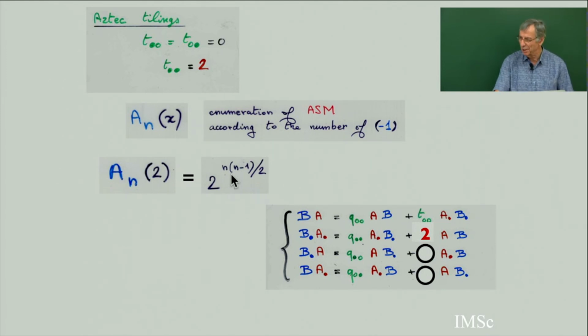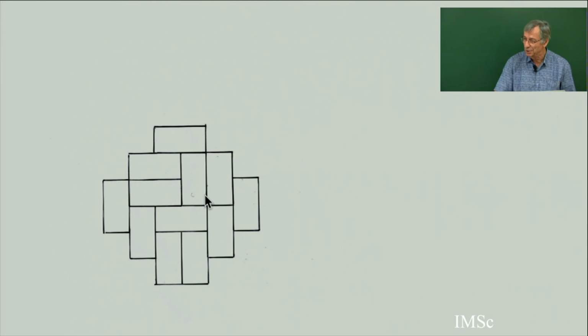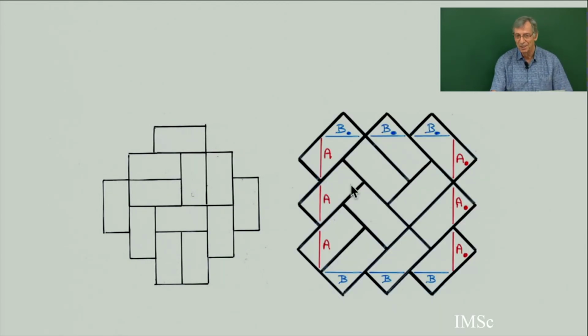But last time I forgot to tell you that, okay, they have the same system of equations, but you have to check they have the same border condition also, to have a bijection between the two and show it's the same. So I forgot to show you the border condition. So let's take an Aztec diagram like this. You just rotate, and then you look. We are on the square lattice now, where this is the border condition: B point, B point, B point, A point, A point, A point, and here B, B, B, B, A.